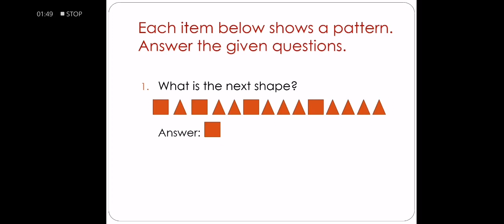So kung mapapansin nyo, meron tayong isang square followed by triangle, isang square followed by 2 triangles, isang square followed by 3 triangles, isang square followed by 4 triangles. So of course, the next shape na mapapansin ninyo ay ang square. So, yun yung sagot natin, square. Since hindi naman nagbabago yung pattern ng square natin. Yung namang triangle natin, nadadagdagan ng isa every